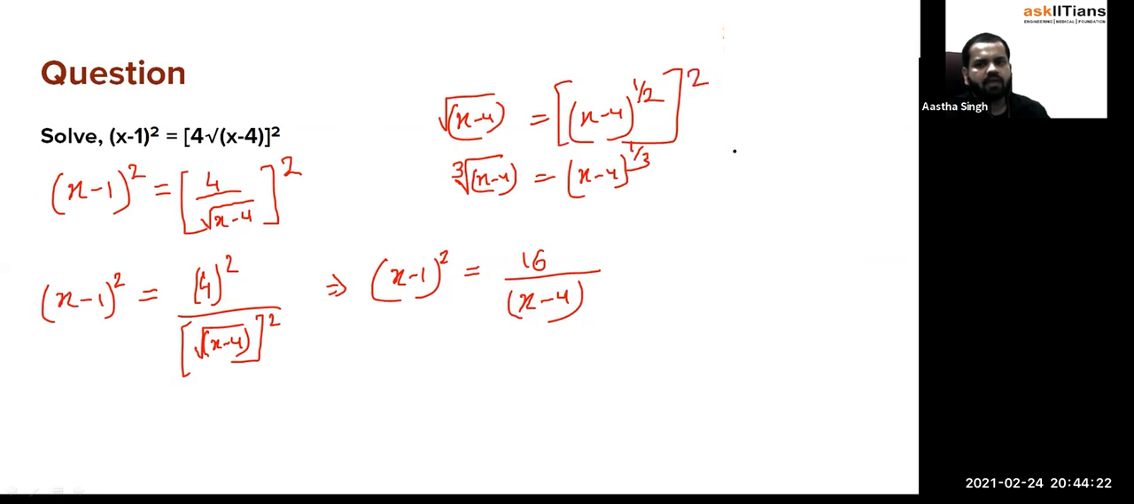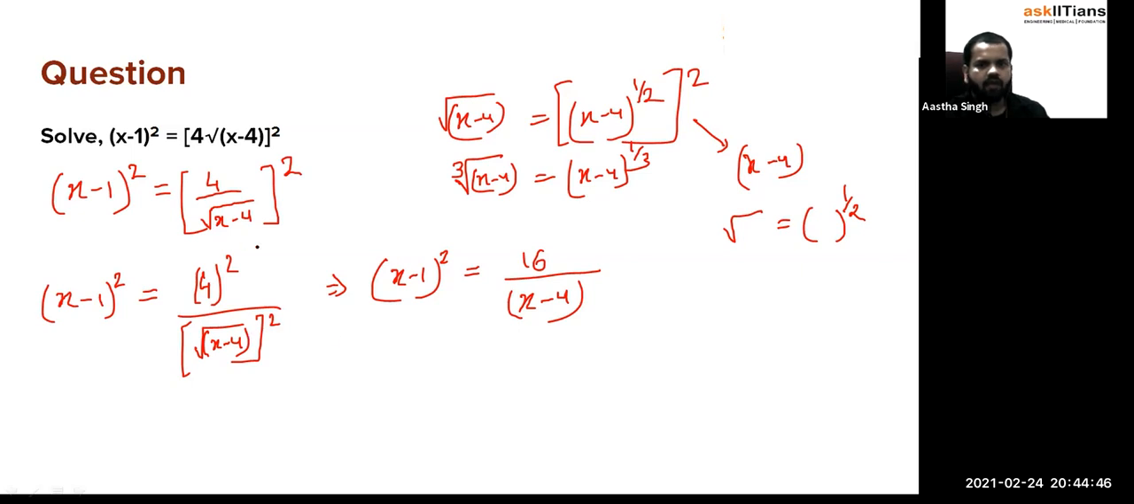So that 2 and 2 will cancel out and you will get only your x minus 4. I think you all have got the point that under root means the power will be equal to 1 by 2, right? If cube root is there, then power will be equal to 1 by 3, right? So your x minus 1 whole square will be equal to your